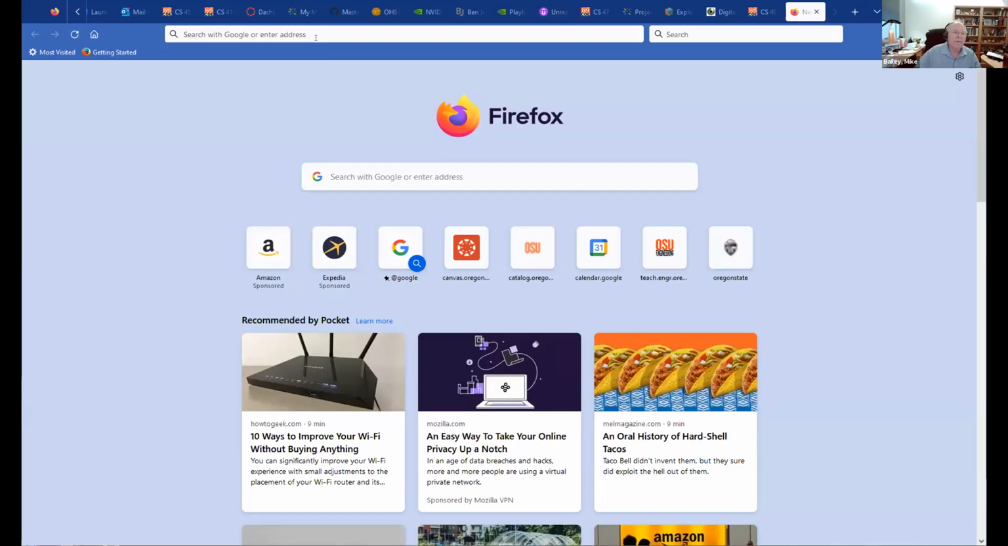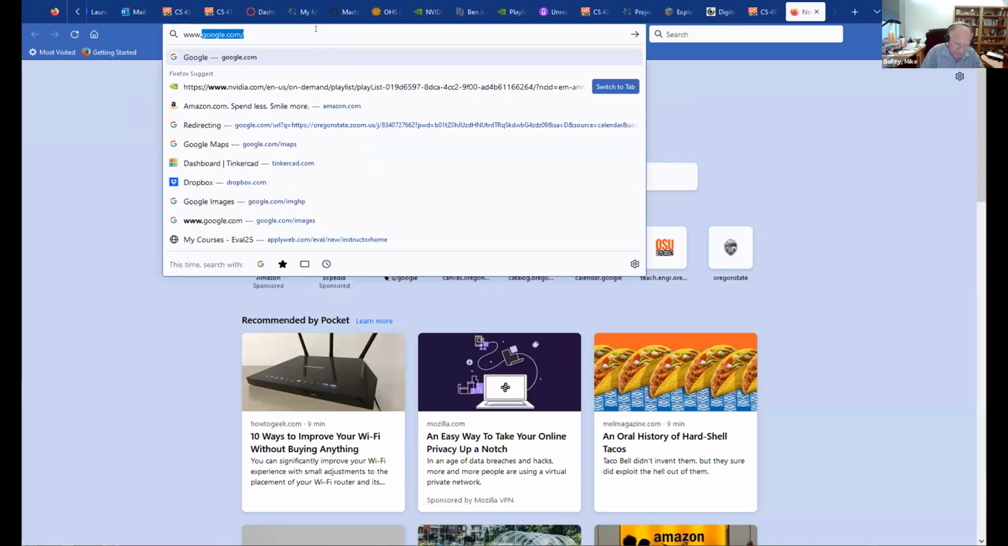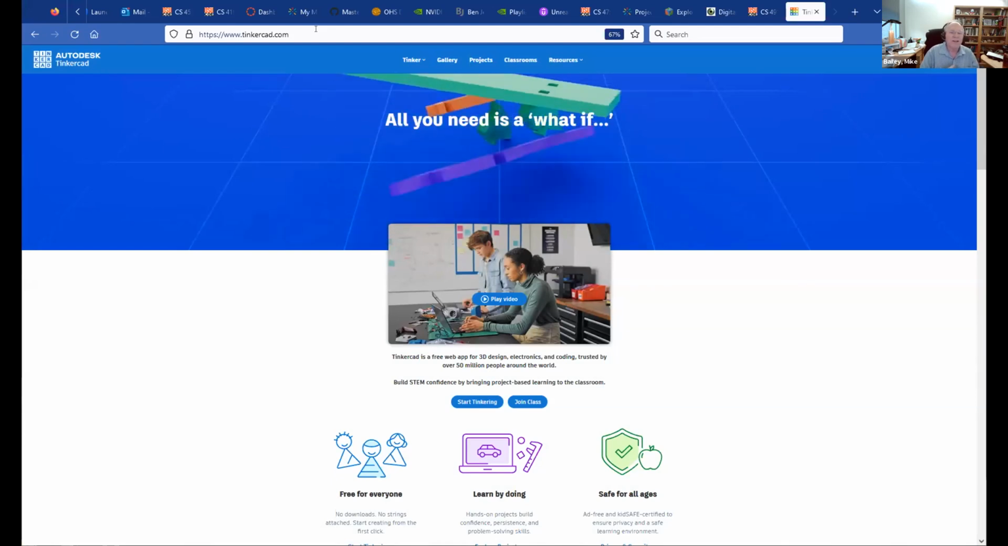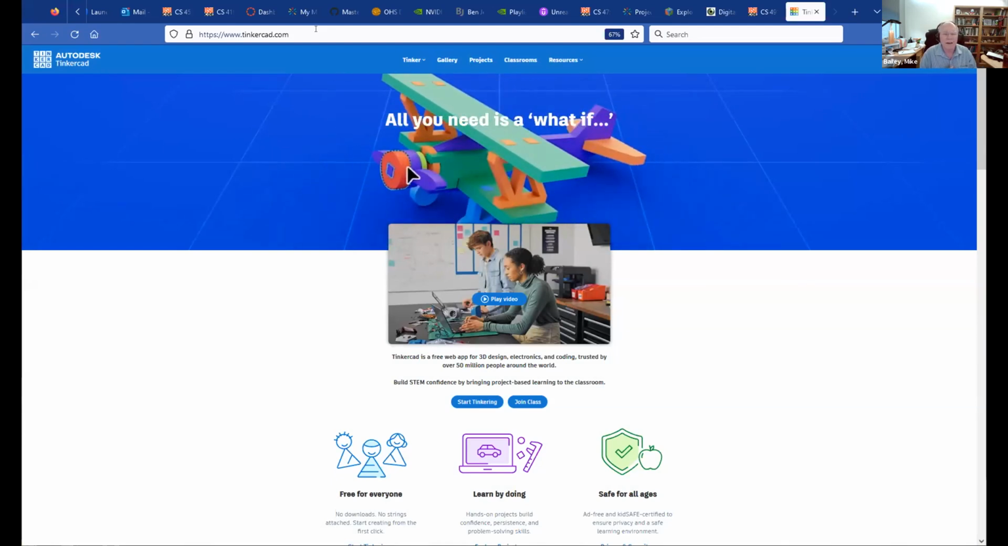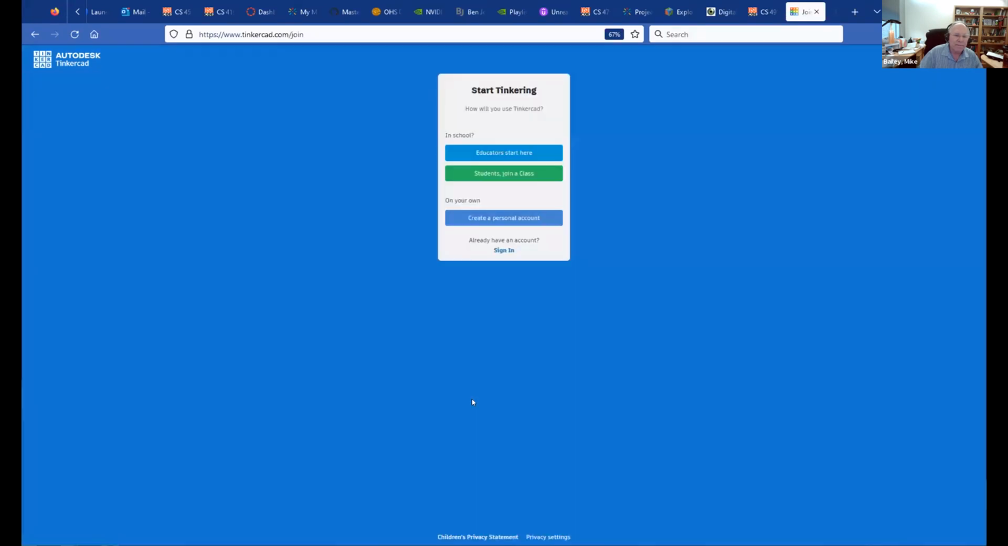Stop, share. And here we are. And so I'm going to go to www.tinkercad.com, and I'm doing it slowly in case you're following along. Oh, good. They didn't change the look of the splash page in the last day, but it may change. Click on Start Tinkering down here, just like the notes say. Don't click on the very tempting colored buttons. Click on Sign In,